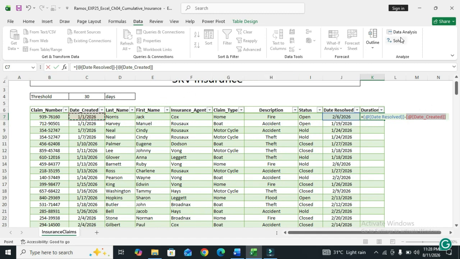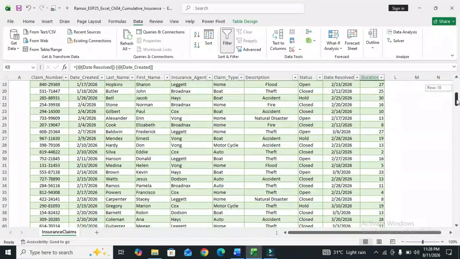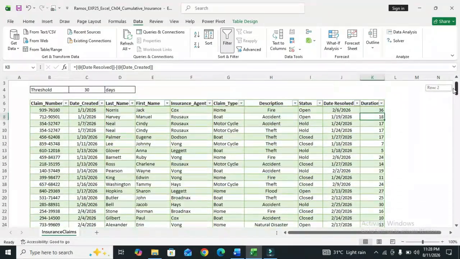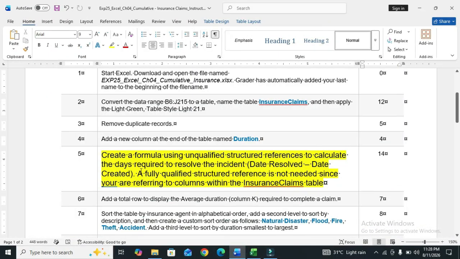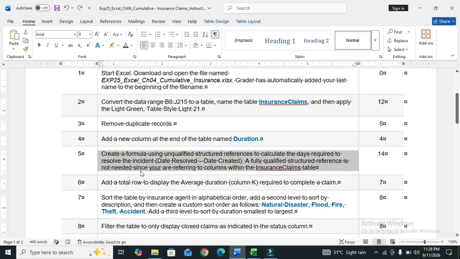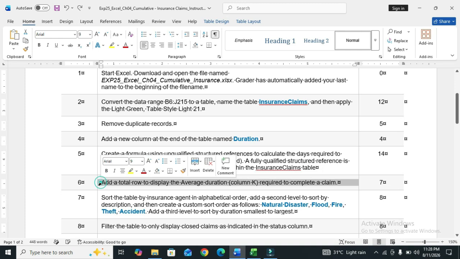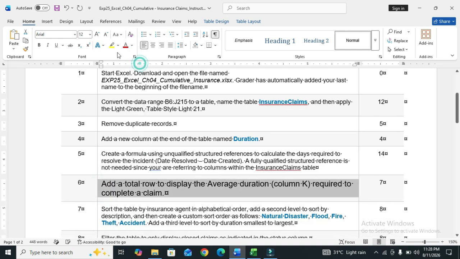So press enter and these are the values. This step has been done. So step number 5 has also been done. So we move to step number 6.